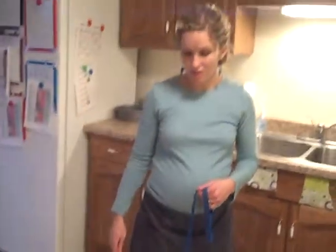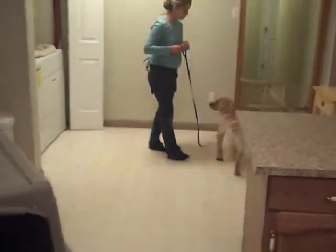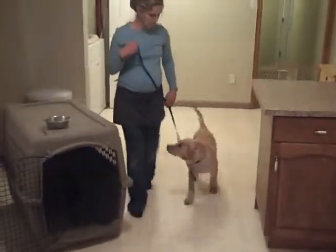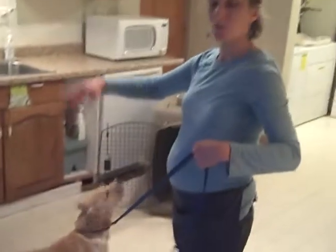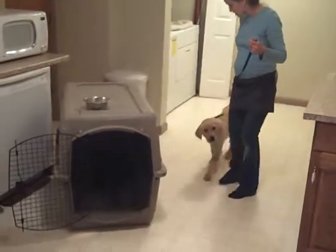When we want him to go, you got an itch there, we say, let's go, let's go. Okay, and you'll notice, anytime he looks up at me or makes eye contact with me while we're walking, I acknowledge it and I reward it, and that makes me the most entertaining and engaging thing on our walk, so he's not focused on the birds and the squirrels and the wind and everything else that's really exciting out there. He's focused on me, and he's staying with me and paying attention and changing directions when I change directions, and then when I stop,